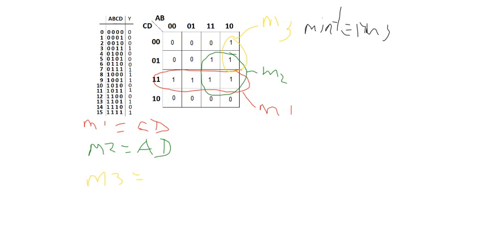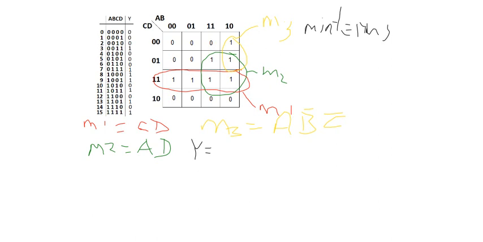So here we have, we're in both D and D naught. So D is excluded. But we're all in A, all in B naught, all in C naught. So that one's going to be A, B naught, C naught. In fact, I want to move that up here because I want to draw my ladder logic below that. So Y now, my output, is the sum of the three minterms,